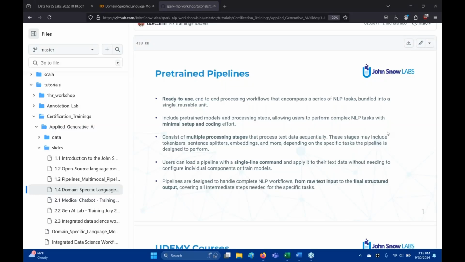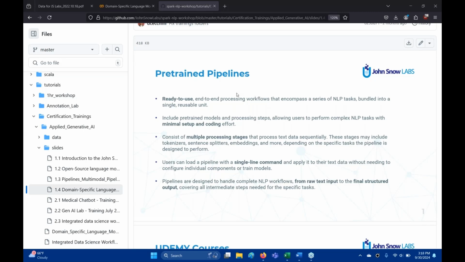So this is going to be the last session today, the first day of the trainings. I'm going to discuss the pre-trained pipelines with you. It's going to be healthcare specific. When I say domain specific, it means we're working on healthcare. And remember from the second session or my first session, there is the option to use a pre-trained pipeline, which